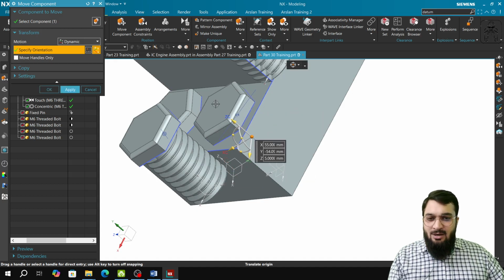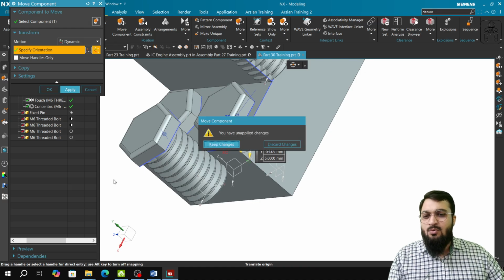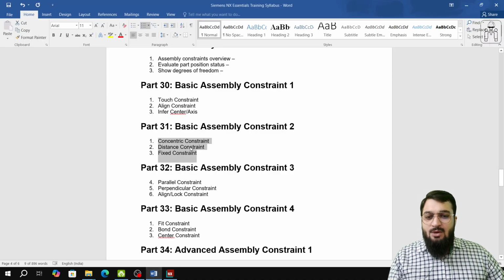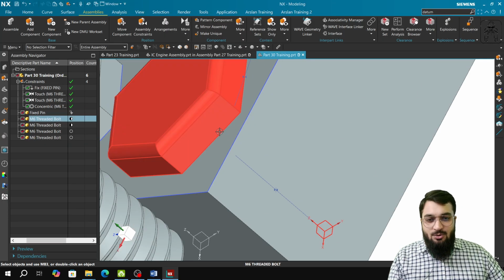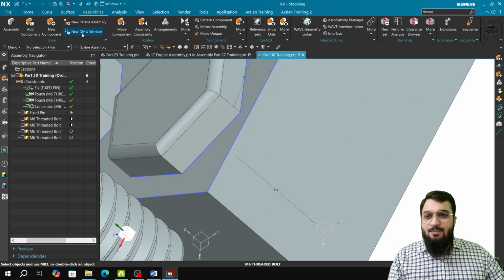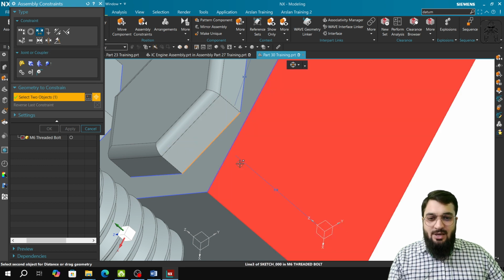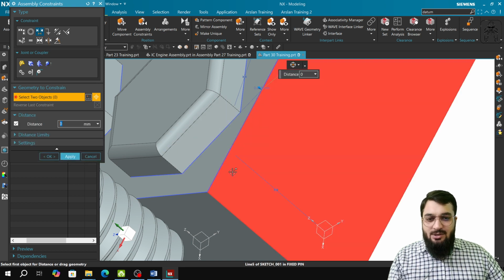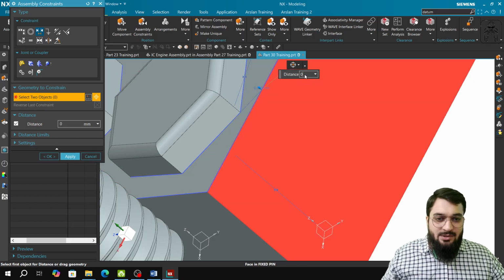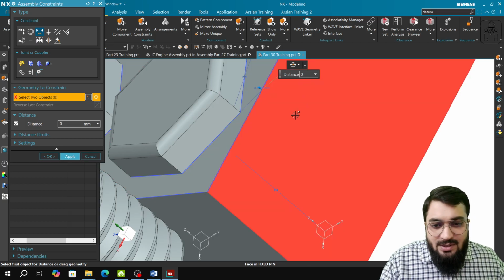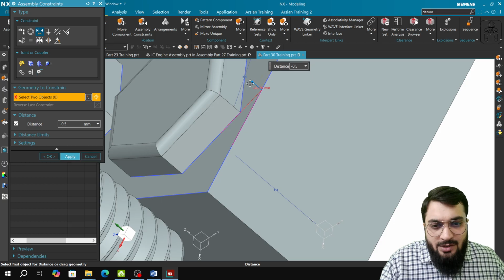So we used the parallel constraint, but as of now we do not want to use the parallel constraint. We just want to use concentric, distance and fixed. So what I will do is take this point, I'll take this as the assembly constraint. I will take this distance and I will select this line. I will select this line and I will select the distance to be, let's say I want to increase it,